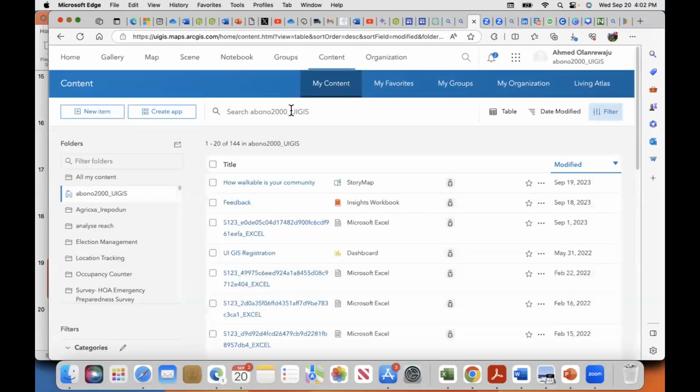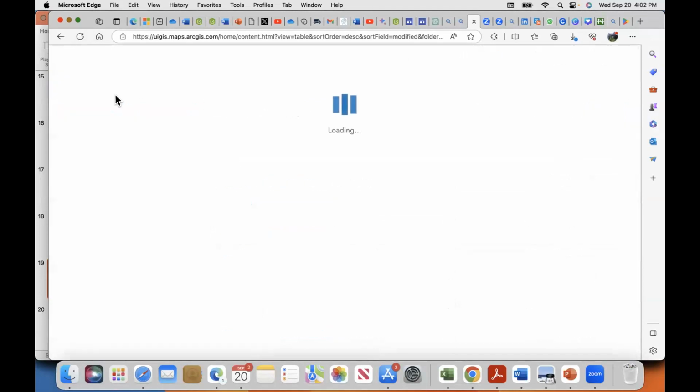I'm going to walk us through how we can get the data we filled, the ArcGIS Survey123 that we filled. What's the name of the survey? You can search for it.